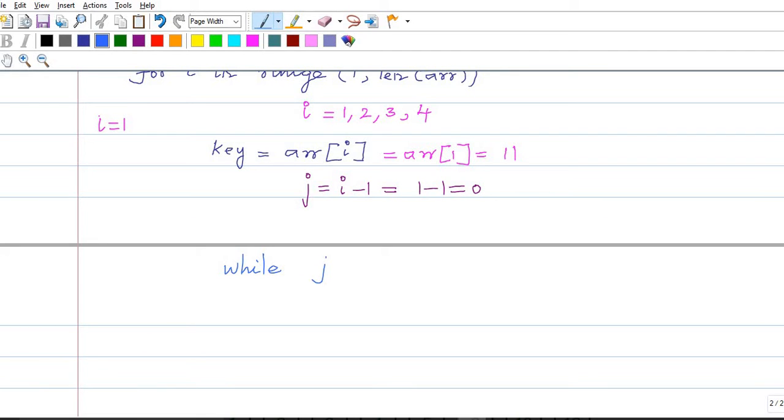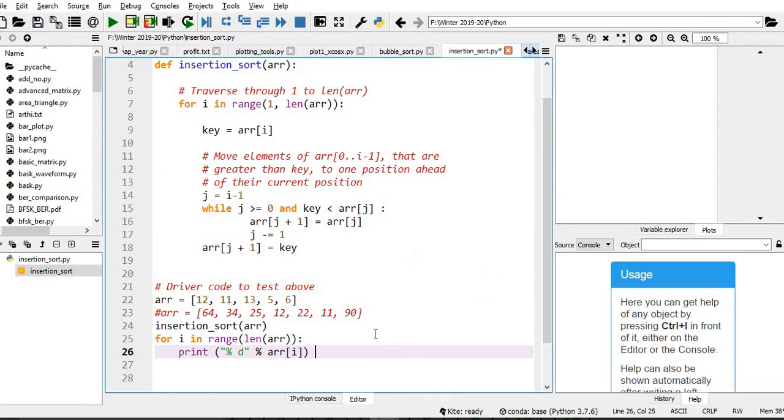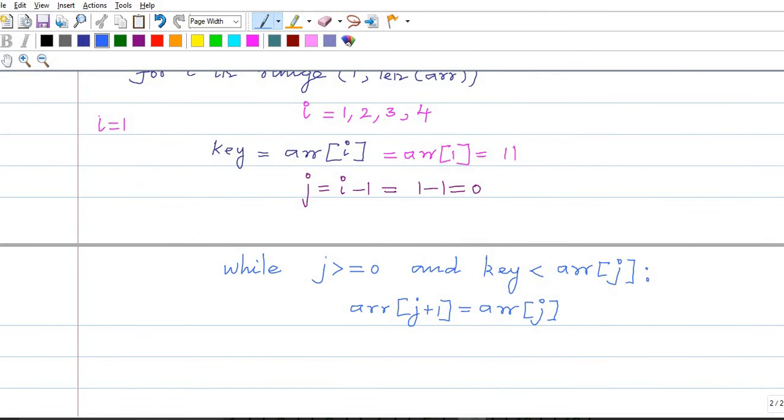While j greater than or equal to 0 and key less than arr[j]: if this is true, then arr[j+1] is equal to arr[j], then j equal to j minus 1.